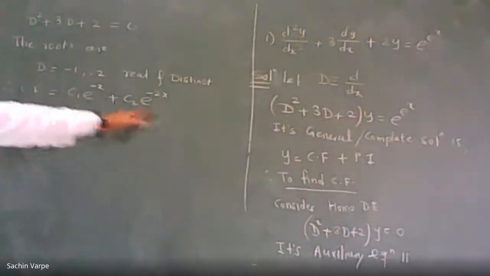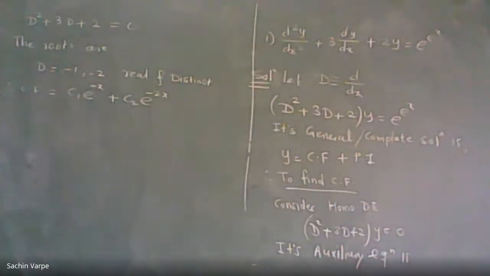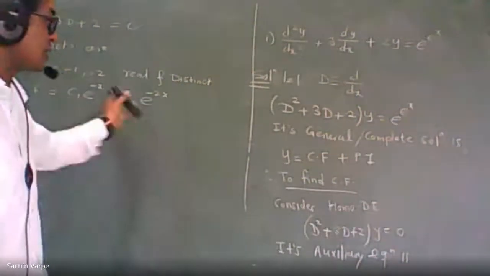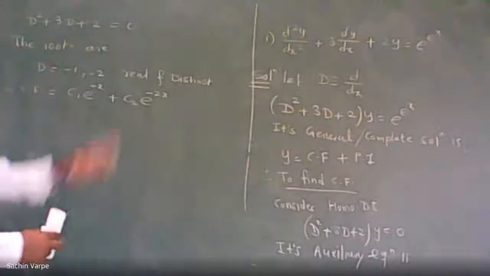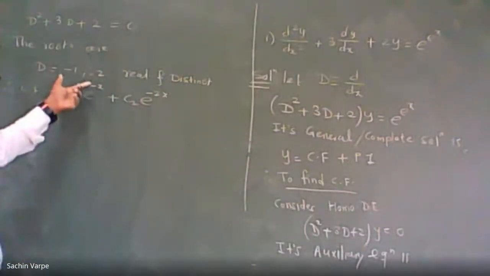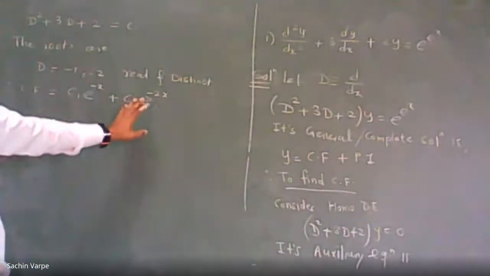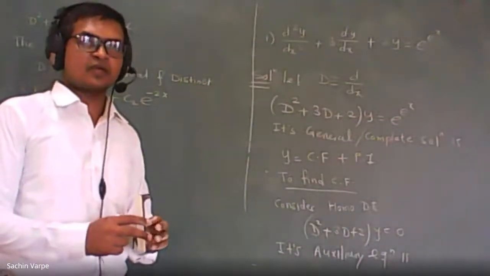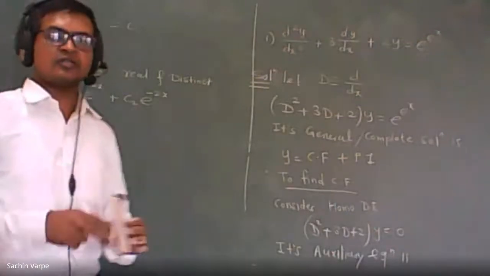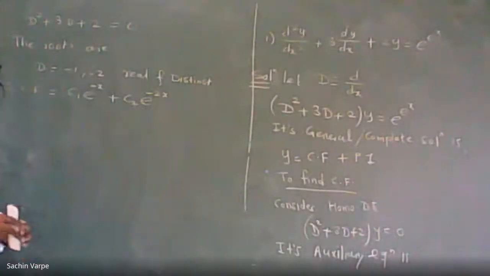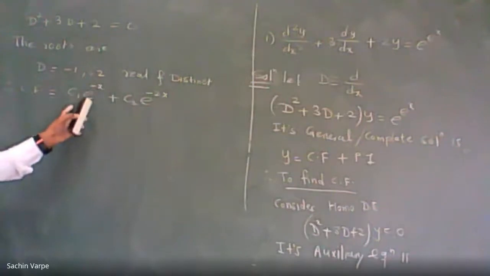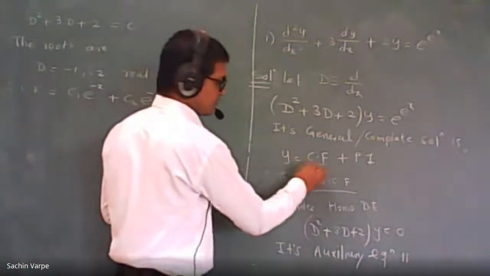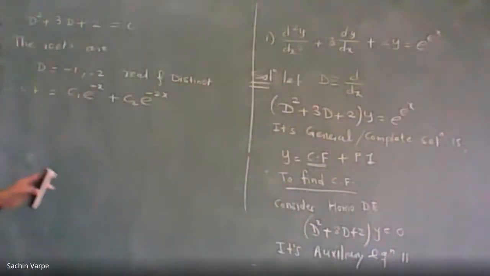In a latter pattern, up to this, you'll get 1 mark or 2 marks according to the difficulty level of getting the roots. Here you can get these roots easily by calculator, so definitely this will be for 1 mark. But sometimes it is not possible to use a calculator, isn't it? In case of 4th order, 5th order, you will get 2 marks up to the complementary function. So this is our first sub solution, the value of CF. I hope it is clear to everyone.